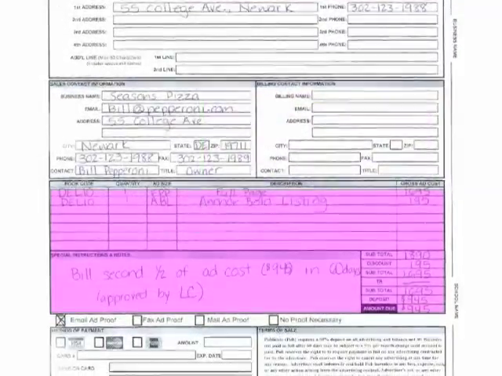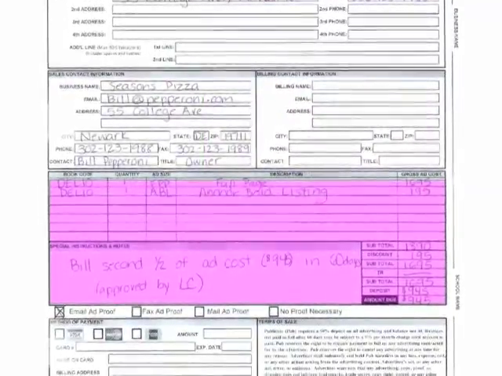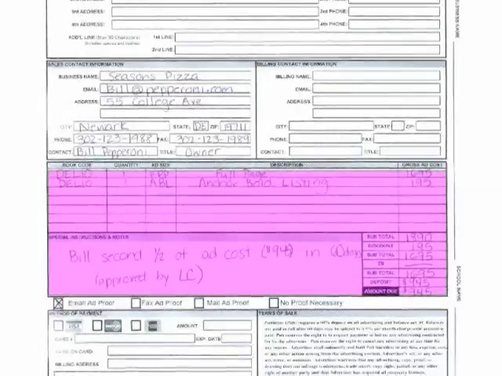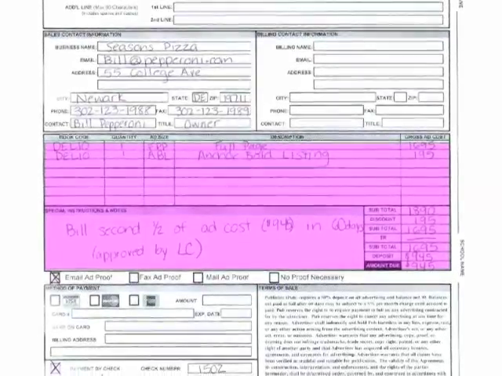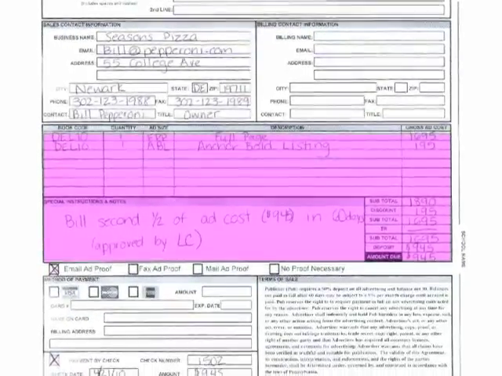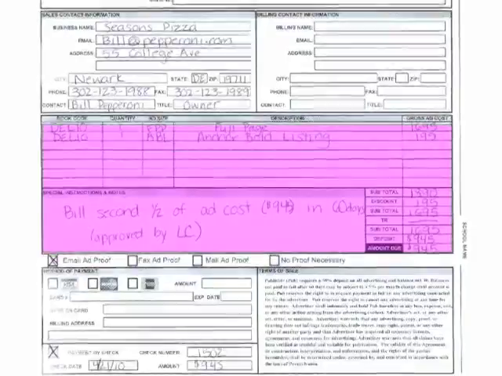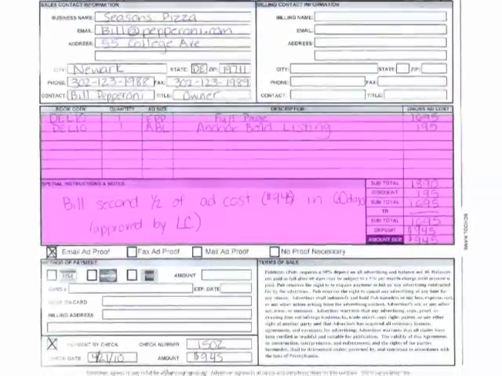The next step is the order. Here you will write out everything the customer is getting. In the book code column, indicate the book code. In the quantity column, indicate the quantity. If an advertiser wants their ad or listing to appear in multiple categories, this is where you would indicate it. The ad size column is for the UDAC.